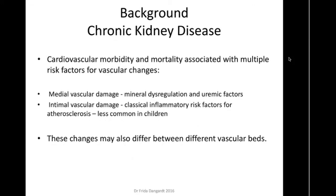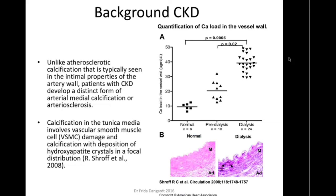But these changes that we think would occur in chronic kidney disease may differ between different vascular beds. So we started looking at that. And in chronic kidney disease, unlike atherosclerotic calcification, they have a very typical calcification in the media. Unlike normal atherosclerotic calcification that is typically seen in the intima, patients with CKD have medial calcification or arteriosclerosis